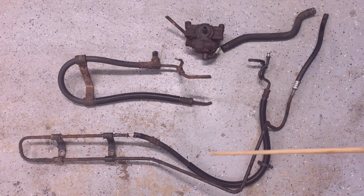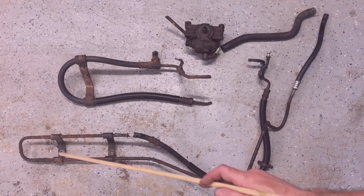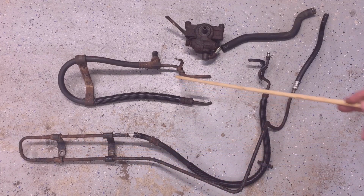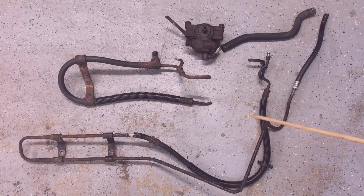But you can see here all my tubes are extremely rusty. This one doesn't have a lot of life left in it. That's actually the cooler tube. You can see how rusty it is. And my pressure sensor is so rusty you'd never get that out. So I need to replace that. And even my pump